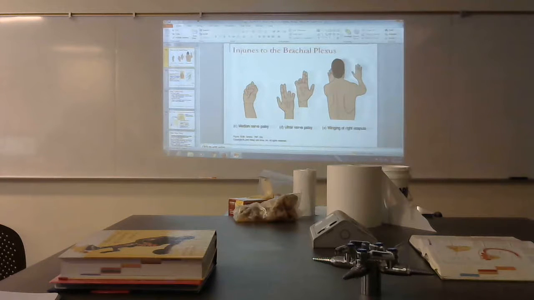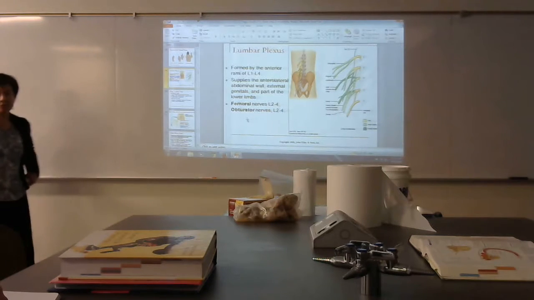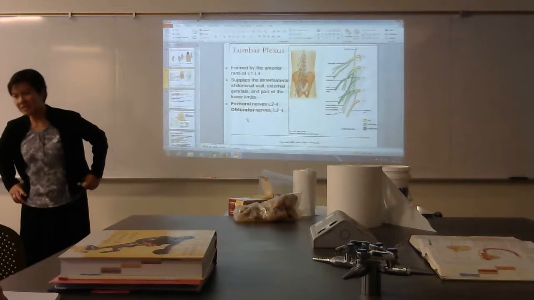The next plexus will be your lumbar plexus. See, at L1, 2, 3, 4, 5, they fuse to form the one ramus that we're familiar with. And the most famous lumbar plexus nerves are your femoral nerve and, well, two of them, femoral and obturator nerve. So with the lumbar plexus, remember, lumbar for, what's that red